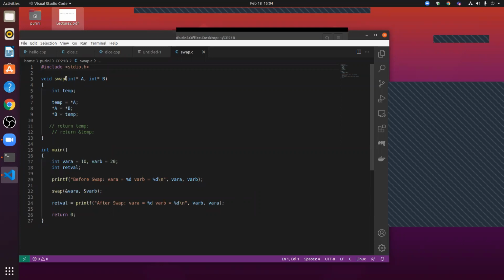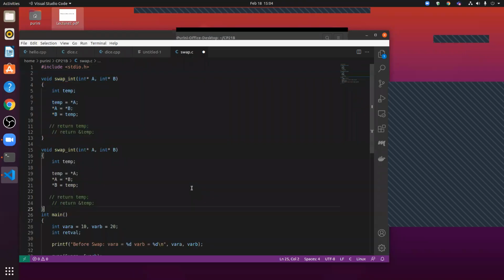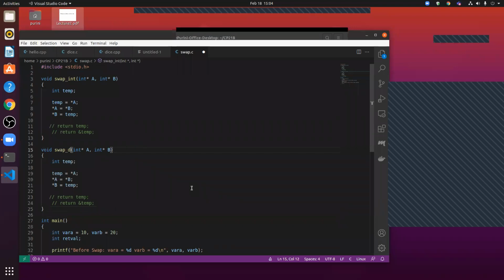But let's say if you want to swap two doubles, two variables which are of type double, we have to write one more function. This is swap int, and we have to write one more function, swap double. We can delete this code.